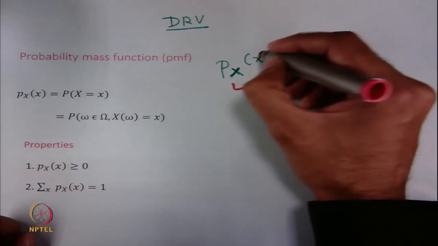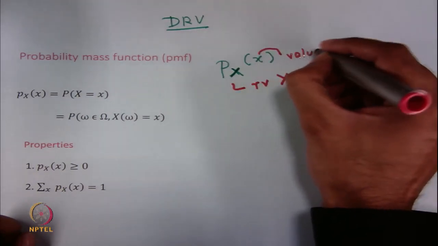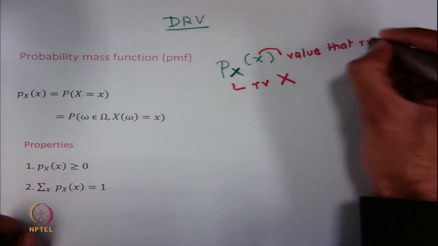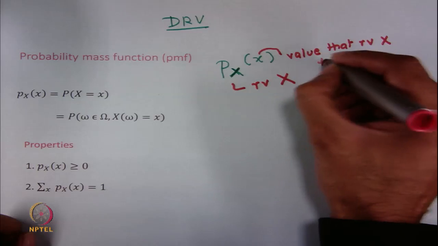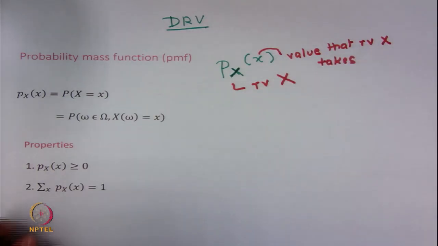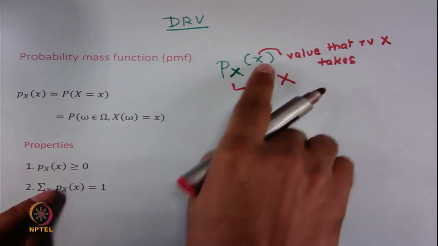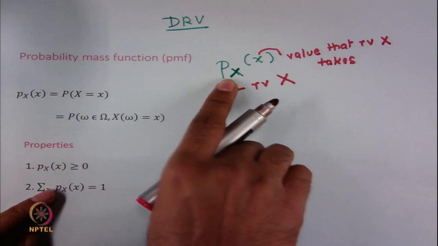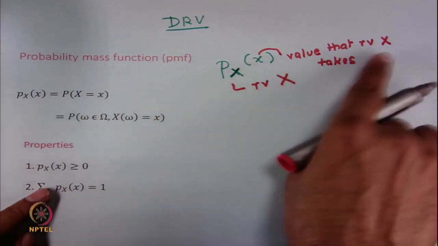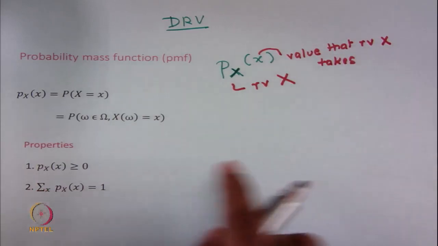And the small x is the value that the random variable X takes. Okay. So, we have two things going on here. One is the capital X, which denotes the random variable X, and I have a small x which denotes the value that the random variable X takes. Let us make it slightly more clear,